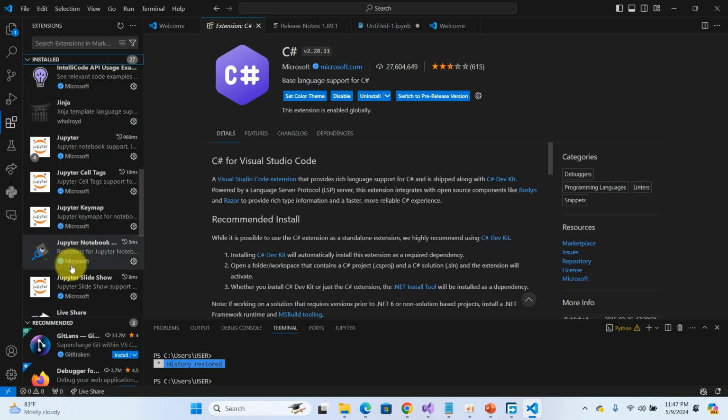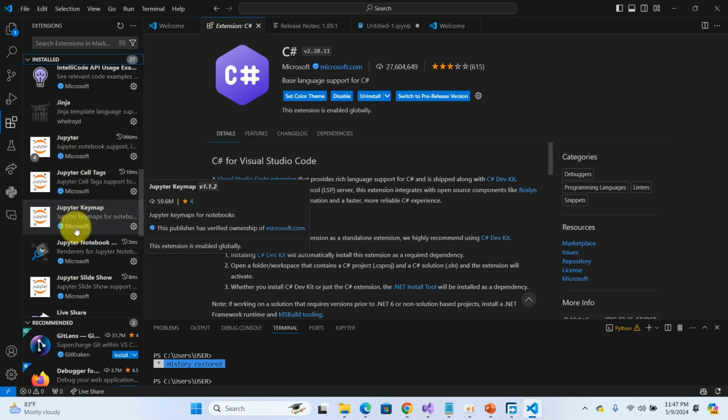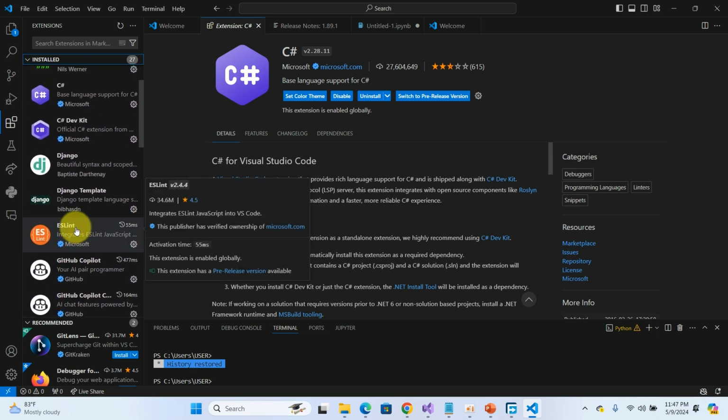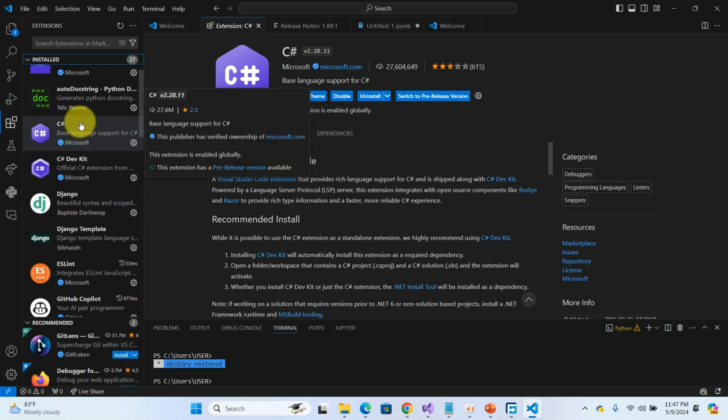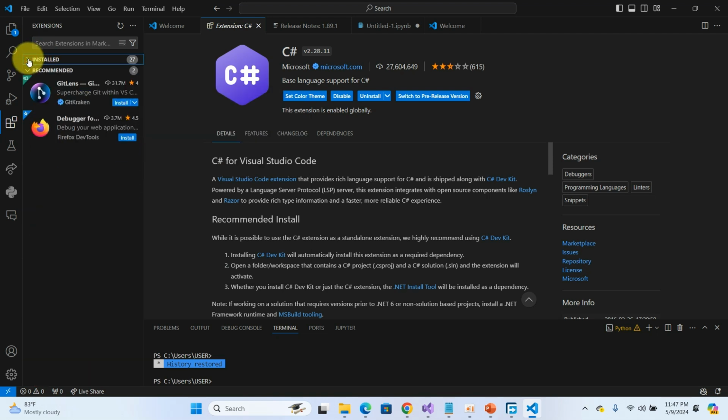I really have to install all of those things for this to work out. So instead of going to install the apps, I will go to this and search for